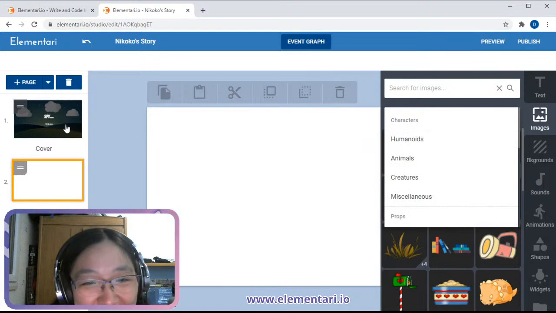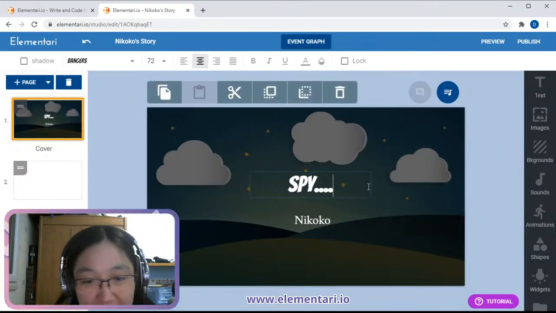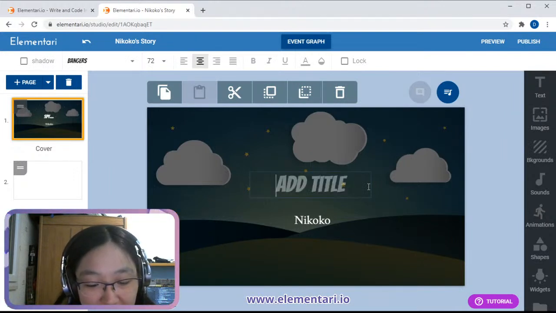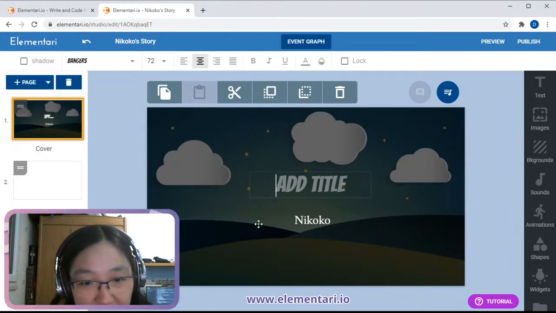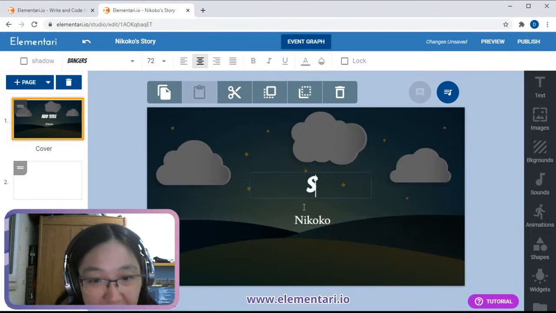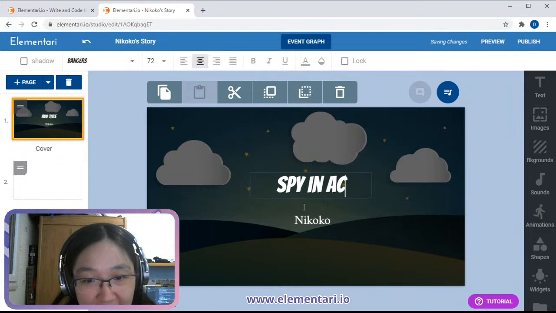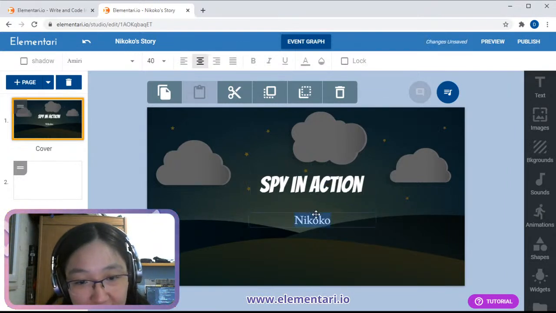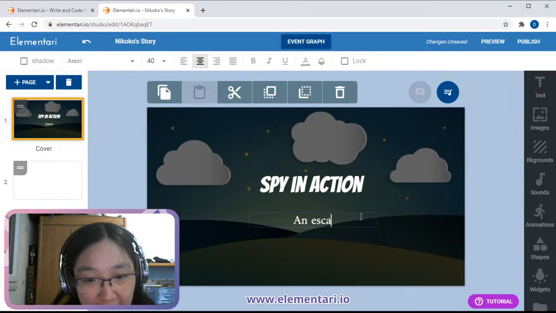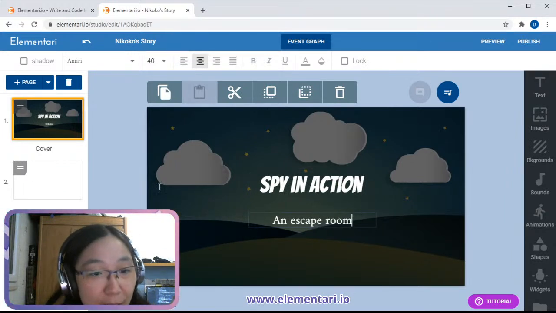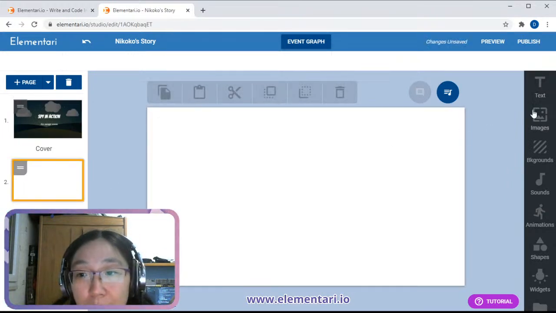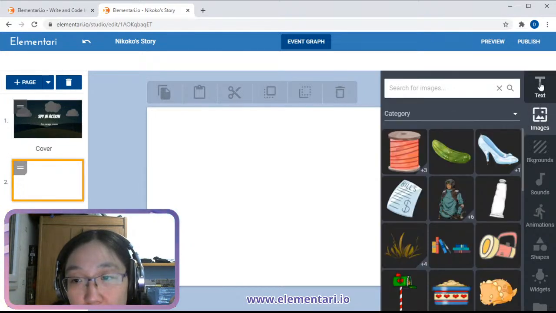Spy caught. Okay. Spy in action. An escape room. Okay. Well, anyway, we're going to go ahead and create our hook.